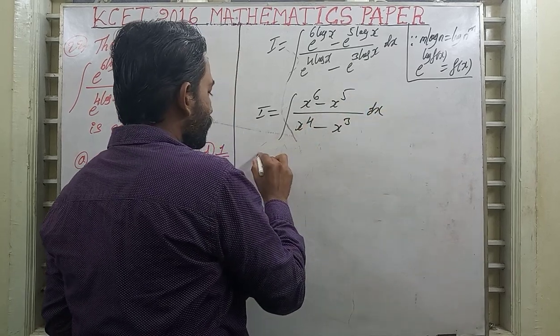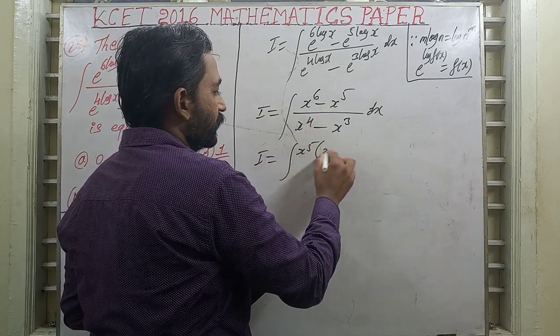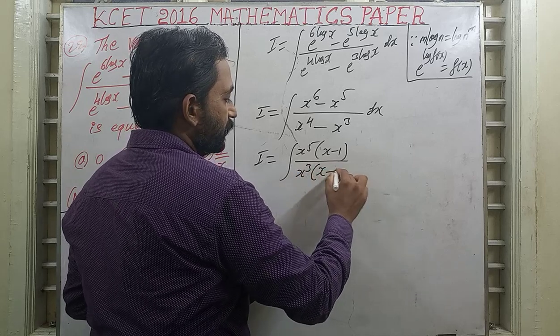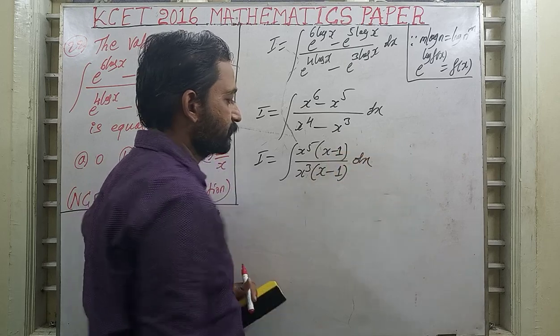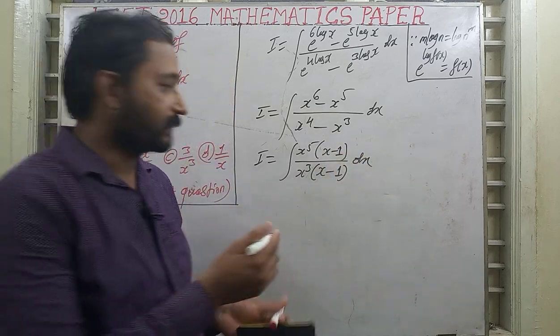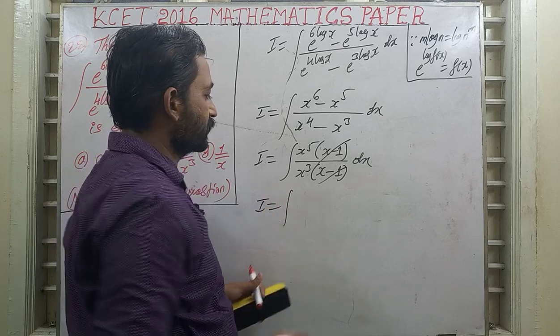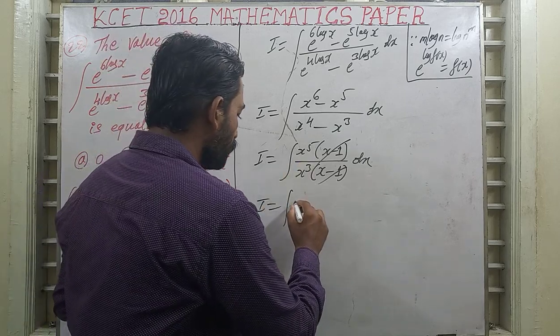So in numerator x to the power of 5 is the common term, take it outside, remaining x minus 1. In denominator x to the power of 3 take outside, remaining x minus 1. So in numerator and denominator x minus 1 is there, they cancel each other. So the remaining integrand becomes x to the power of 5 divided by x to the power of 3, nothing but x to the power of 2